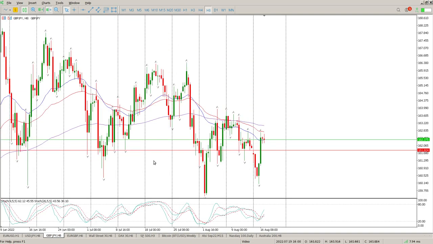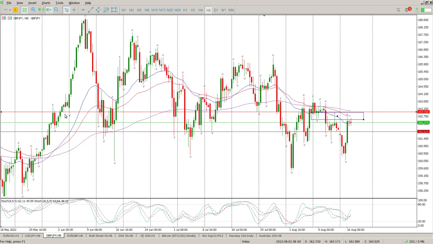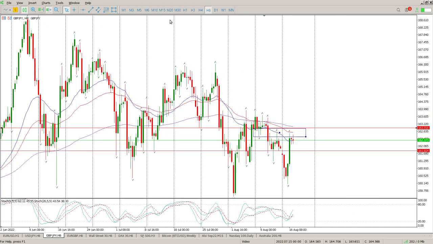Moving on to the British pound, Japanese yen. I was expecting us to reject this area yesterday at 161.824, and we didn't. We shot right through it and came back into this cluster here. If you look at what I'm talking about, you see lots of tails in this area, and I can extend it through. And you can see there is a lot going on in this zone. So this is another one which